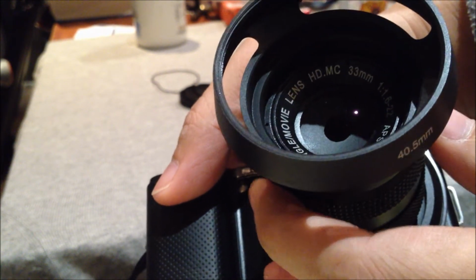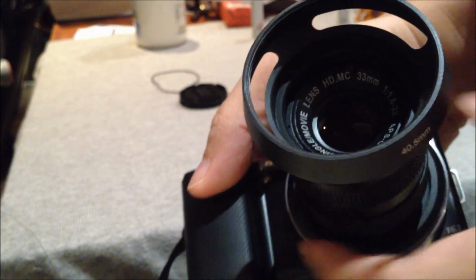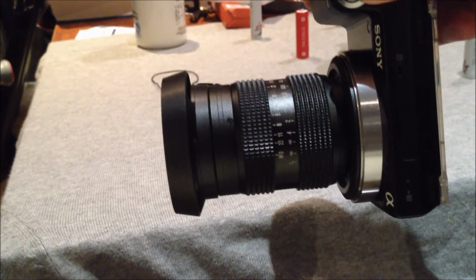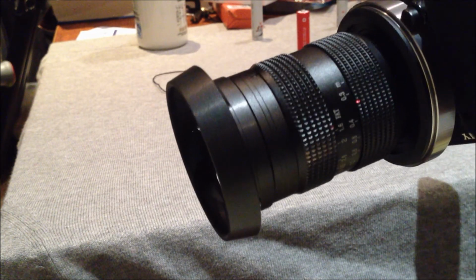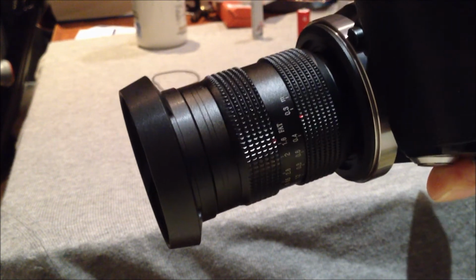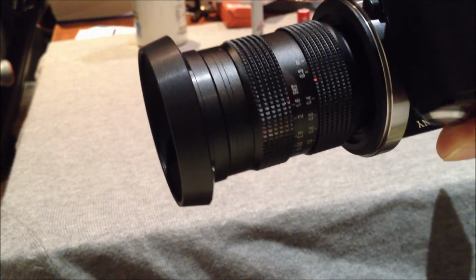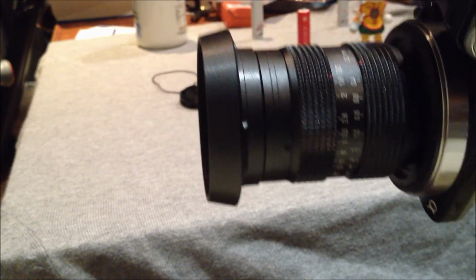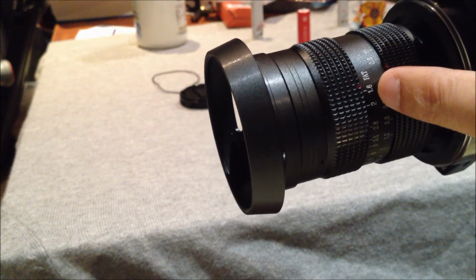Right, you can see clearly. Okay, so this is the barrel of the lens. It's like that. Obviously, it's a full manual lens, right? The minimum focus distance is 30 centimeter. It's 0.3 meter here to infinity. And the maximum aperture is 1.6 here,